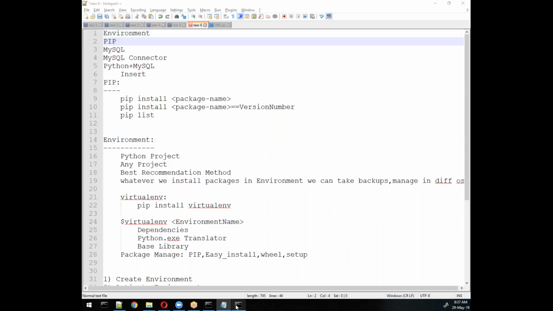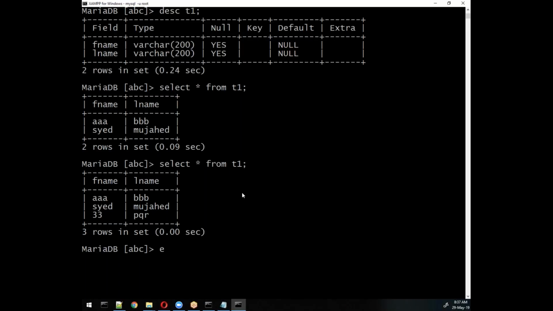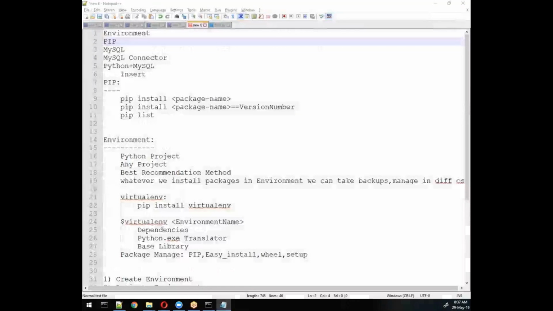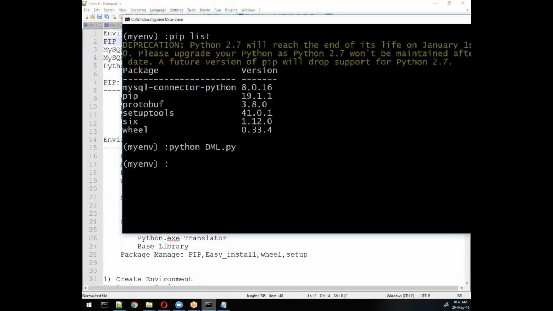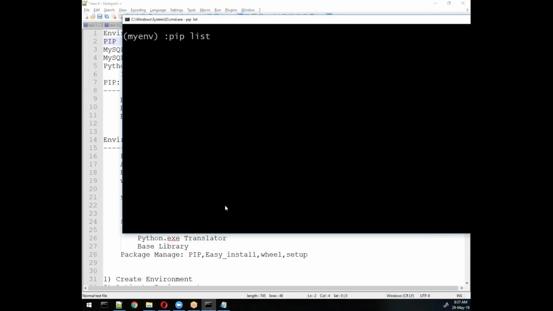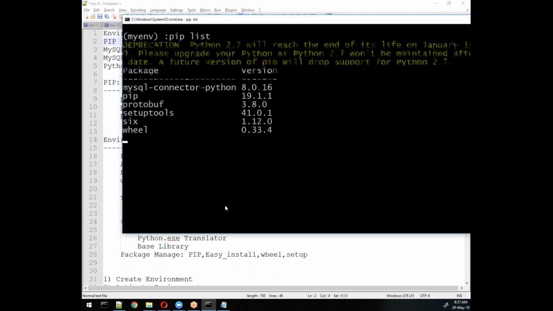Suppose I want to check, there are a few commands I will share with you. Exit. So here, this is my environment. Now here we can write pip list to get the list of packages. If you want to check the version of pip, you will write pip --version.